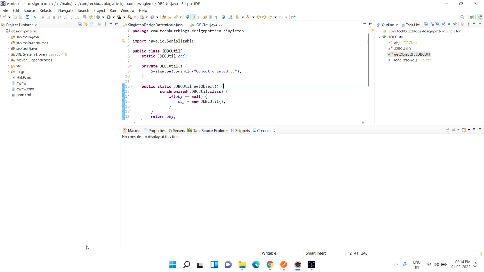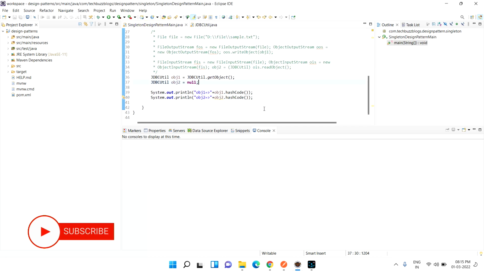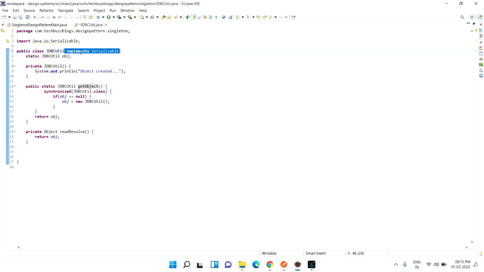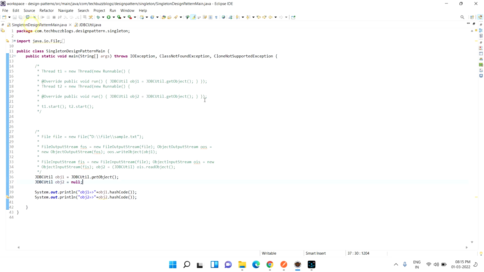It is very simple. Let me open the code of the singleton design pattern. This is the code we need to break. As of now, this is the singleton design pattern. What I'm going to do is, after creating the first object,